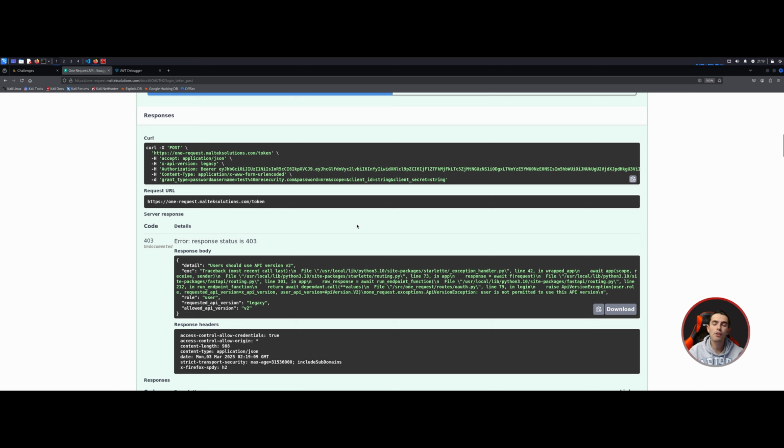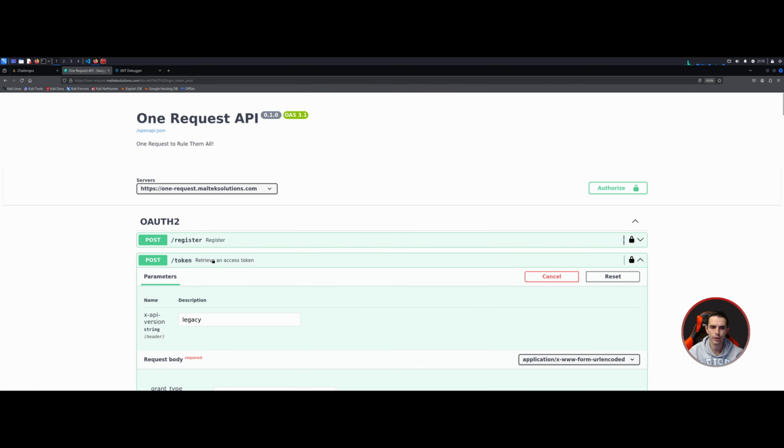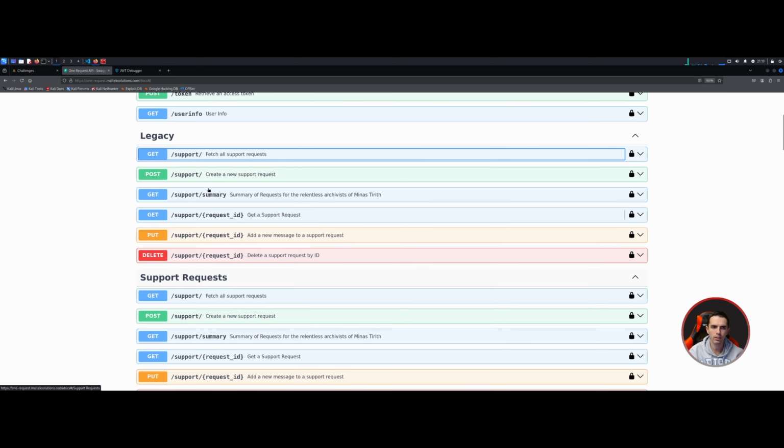Well, if you read carefully the error message, you could see here that it says user is not permitted to use this API version. And right here it says our role is set to user, meaning that we need to somehow change our role from user to something else, whether it be admin, volunteer, whatever it could be, we need to change it. So we can't use anything with this endpoint for now, but if you remember, we also had an interesting group